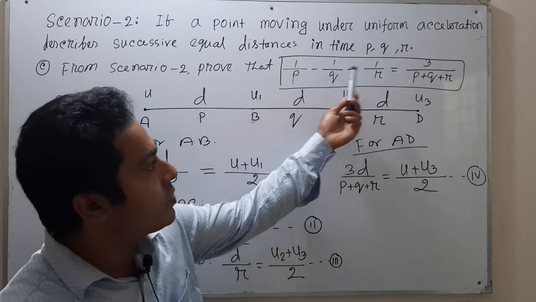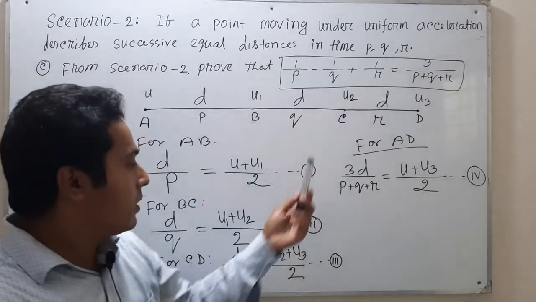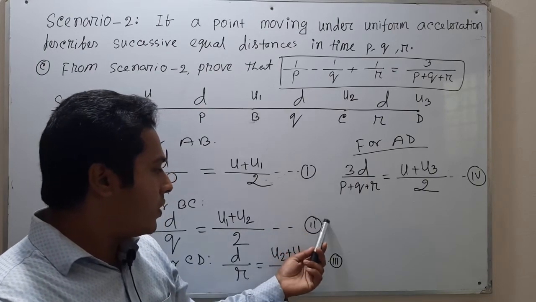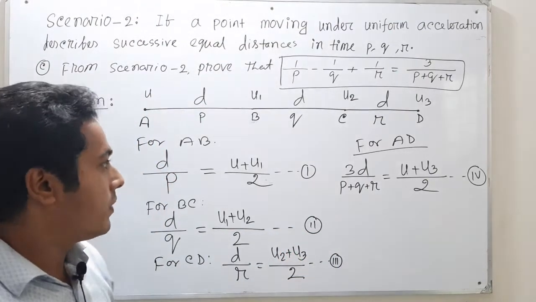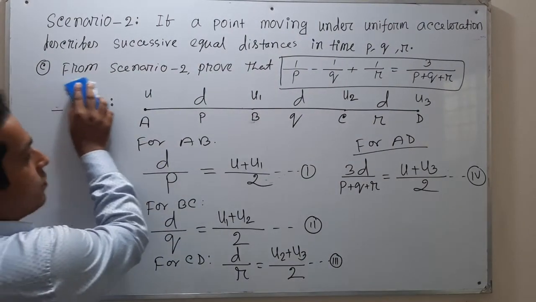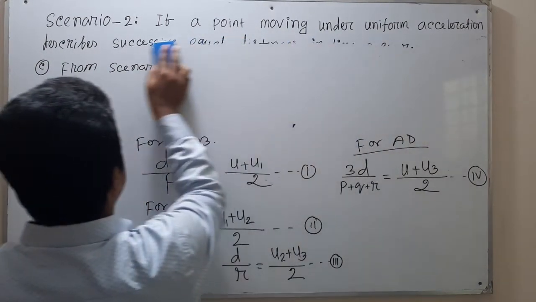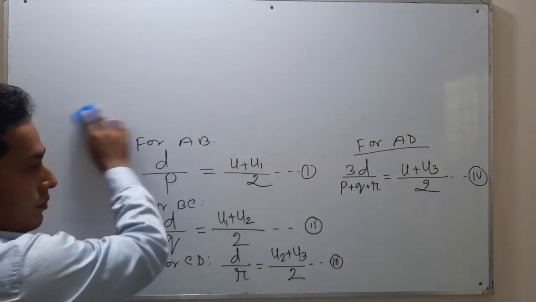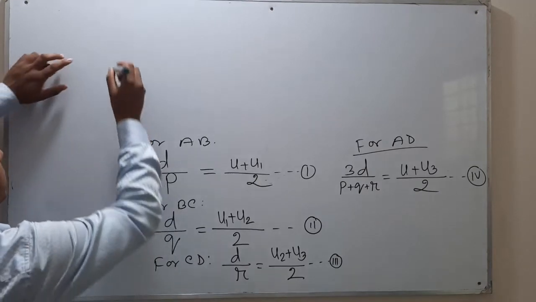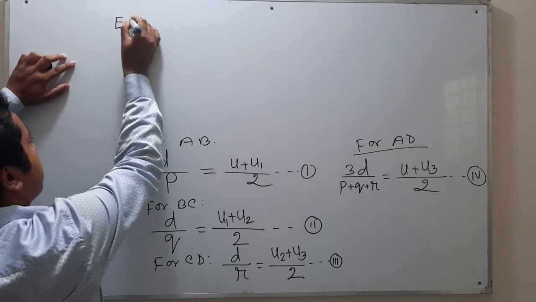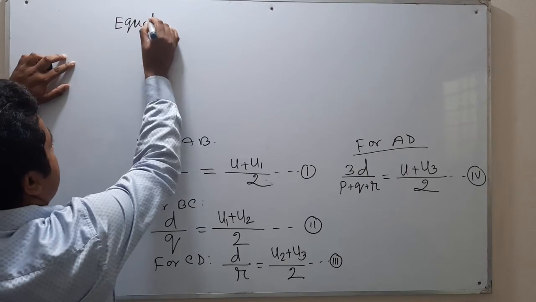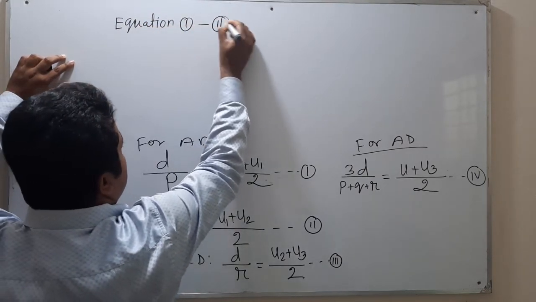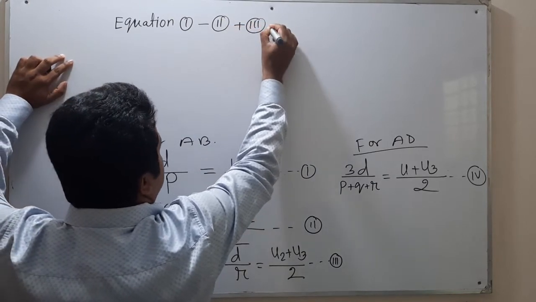That is why we have to apply equation 1 minus 2 plus 3. Now equation 1 minus 2 plus 3, we get,